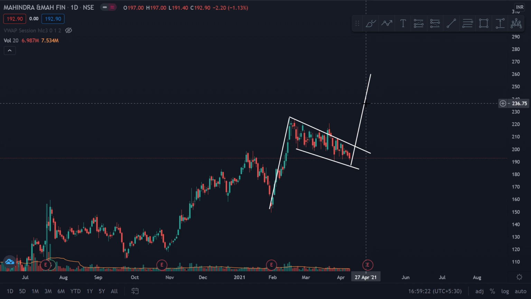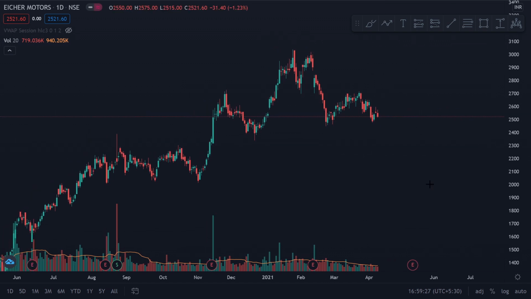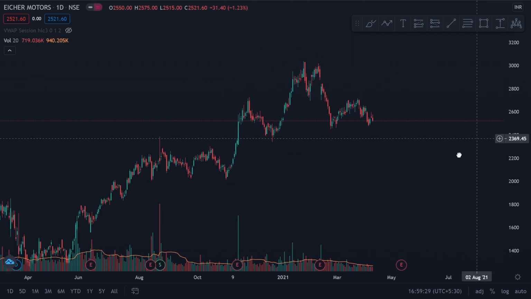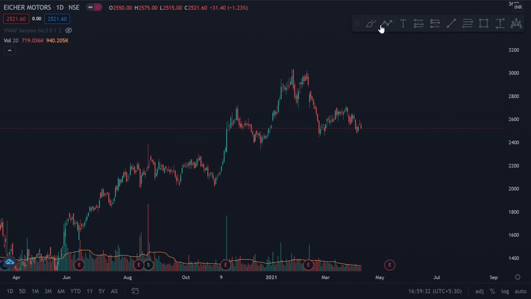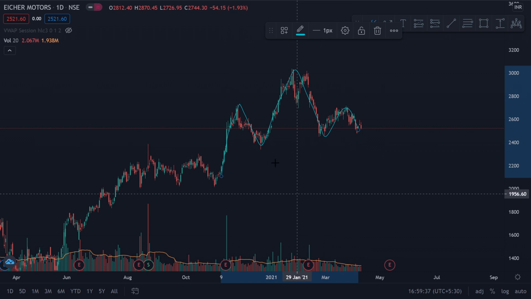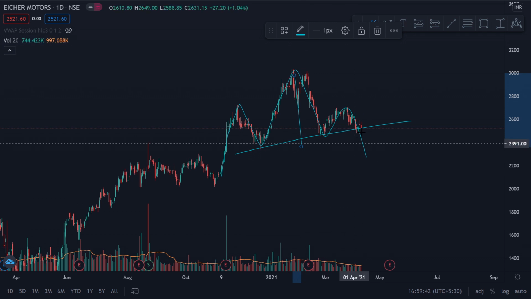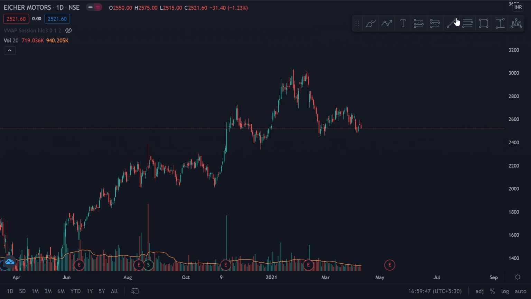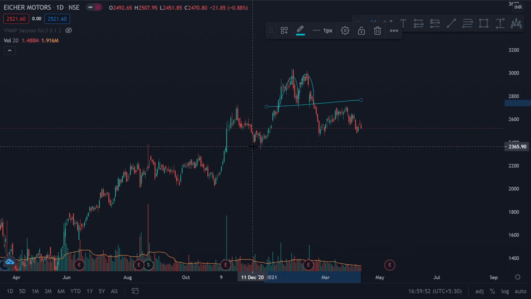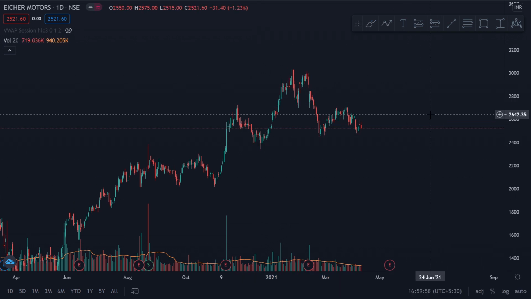And then the next stock, if you look at Eicher Motors, it is a very obvious pattern at this point. So this is the left shoulder, this is the head, this is the right shoulder, and on breaking this neckline, you know what could happen. So this was the height of the head, and this is what our targets can be. If you observe here itself, this is a pattern within a pattern. There was a double bottom and then a reversal as well. So this is how price functions. There are patterns within patterns as well.